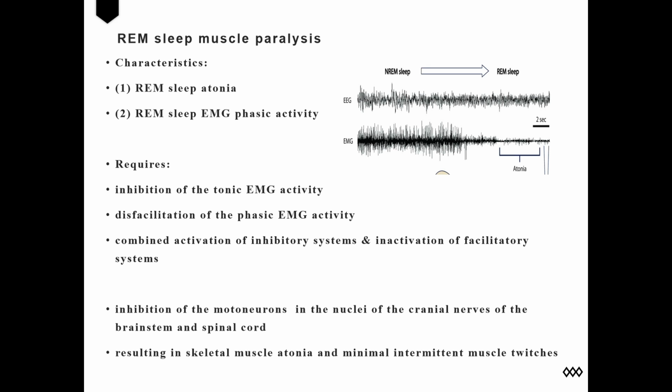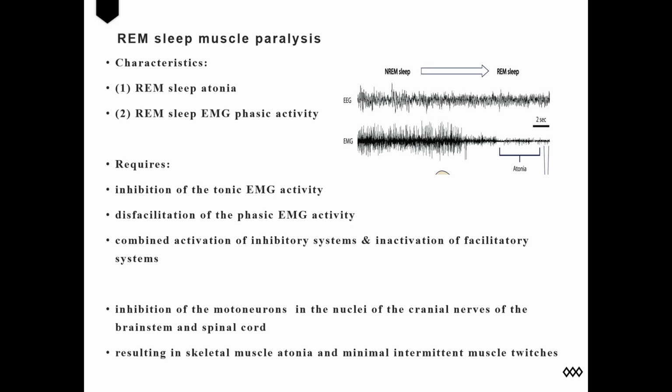So, the REM sleep muscle paralysis requires sustained inhibition throughout the REM sleep period of the tonic EMG activity that underlies the postural tone and disinhibition of the phasic EMG activity that influence the movement and locomotion. In other words, muscle tone in REM sleep is reduced by combined activation of inhibitory system and inactivation of facilitatory